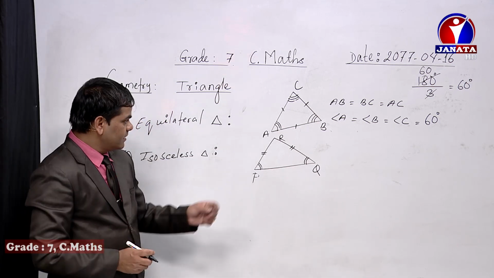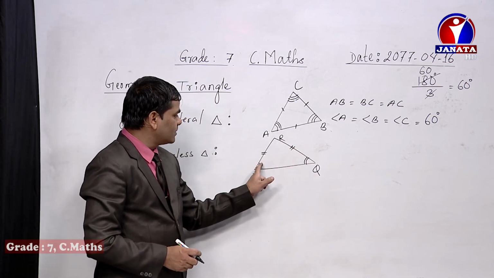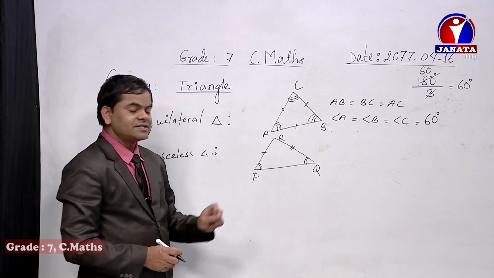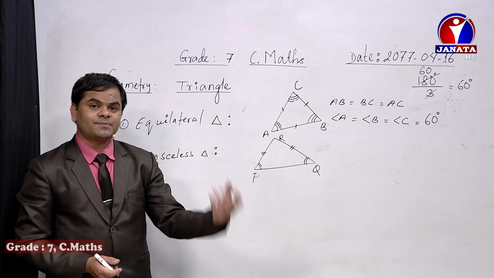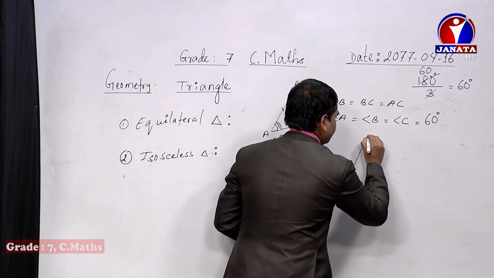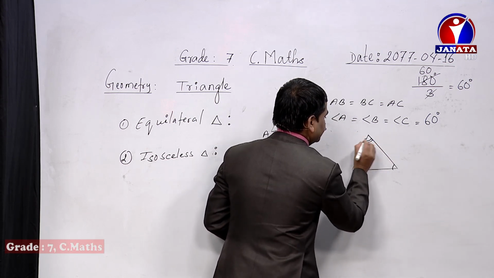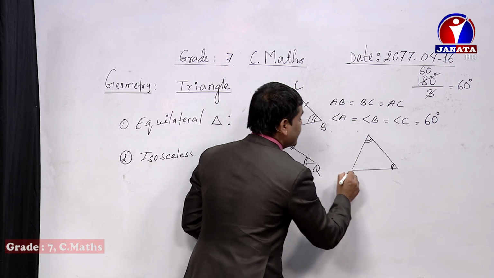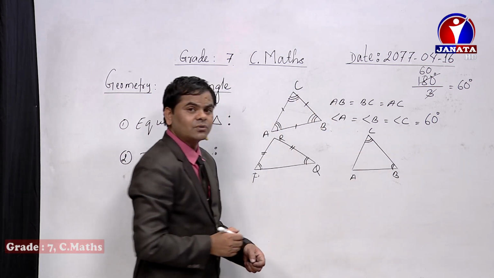So are you clear? Two sides will be equal to each other, and there are two angles opposite to the equal sides. Opposite to the equal sides, the angles which are formed are equal to each other, and vice versa, dear friend. Then in a triangle, look here, another figure I'm going to make. If this angle and this one angle are equal to each other, then which two sides are equal to each other? You need to find out. You can find out by looking at this figure.